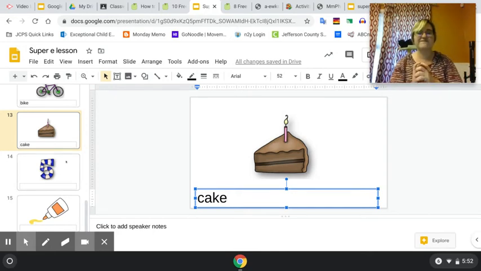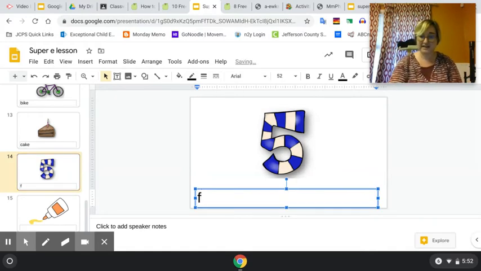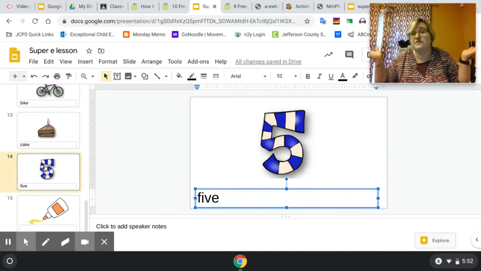Now we have the number 5. 1, 2, 3, 4, 5. Look, it changed before I got to 5. Five starts with an F. So we have F, I, V, and then I'm remembering that all of our words have that super E, silent E, or magic E, so I'm going to put that E there. Otherwise, it would have been "fiv." I don't even know what a fiv is. It's a 5, so we need to have that super E to make sure that I says I. If someone else was reading it without that super E, they would call it a fiv, and they would be wrong.